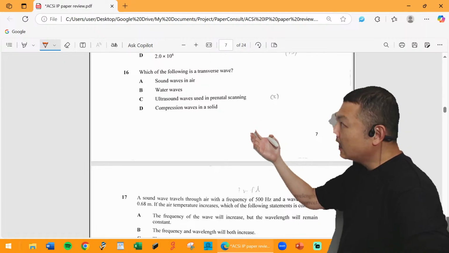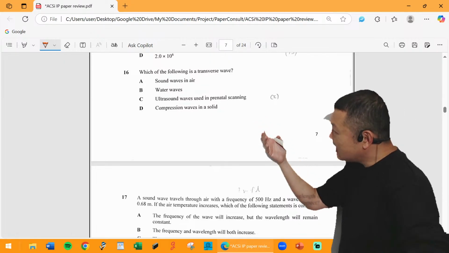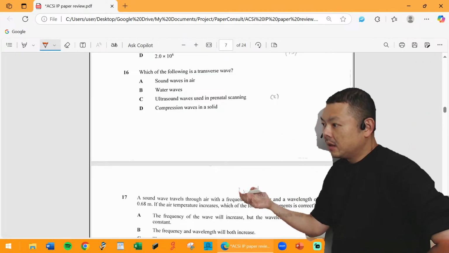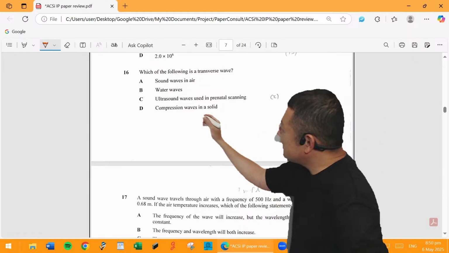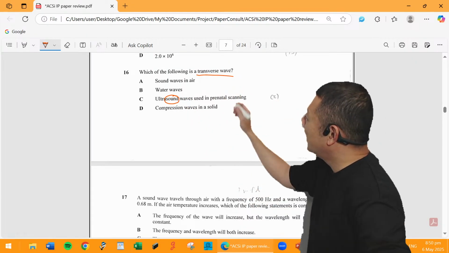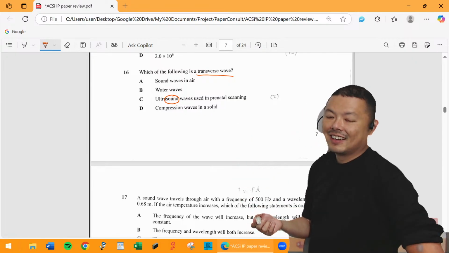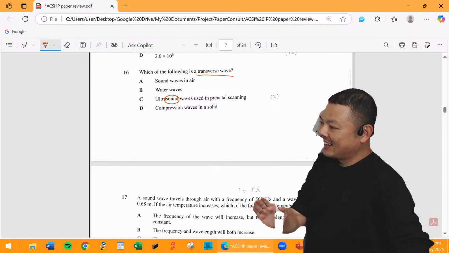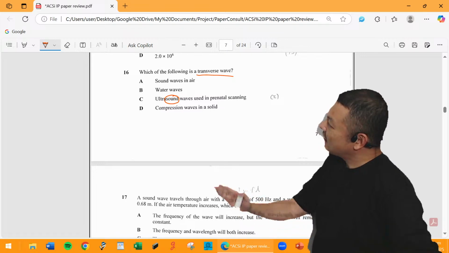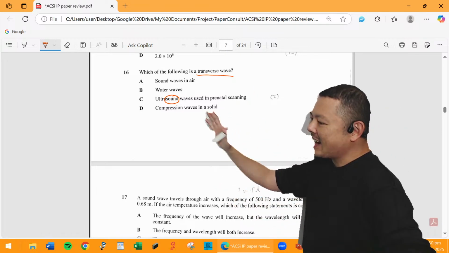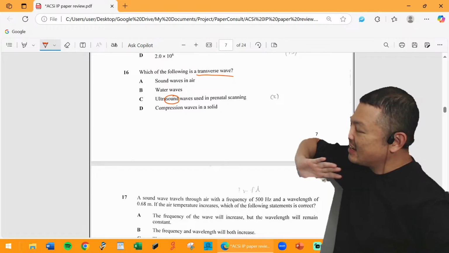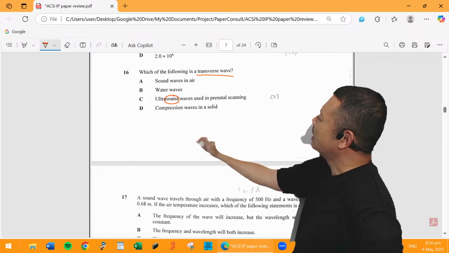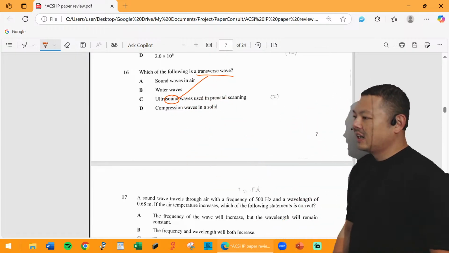Hey, hello. I can understand if you write D, no. But option C literally says sound, brother. This one is not called a careless mistake. This one is called a kiampa mistake. It's really a 欠打 mistake. Maybe if you wrote D, I could still forgive you, saying okay lah, you made a mistake. But option C said sound there, ultrasound, no. And someone goes and says it's a transverse wave. 你做么你